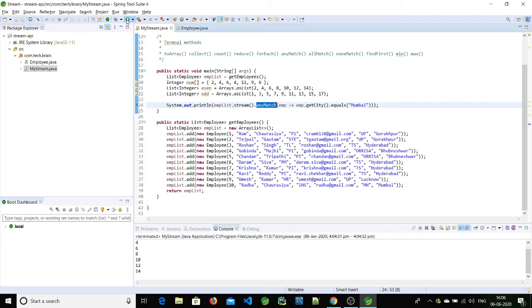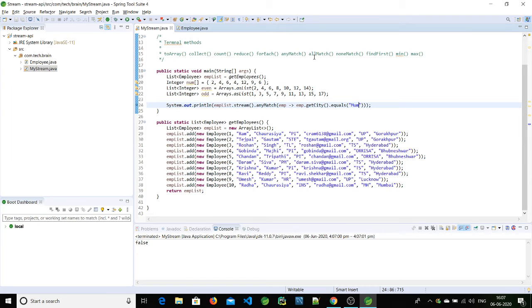Let's see what it returns. It returns true because one record matched. If I remove a few pieces of this and see what it gives, none of them is matching, so it gives false.